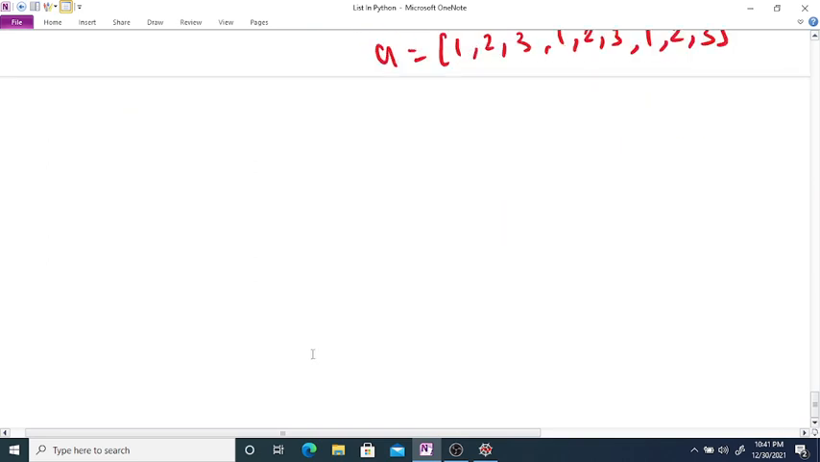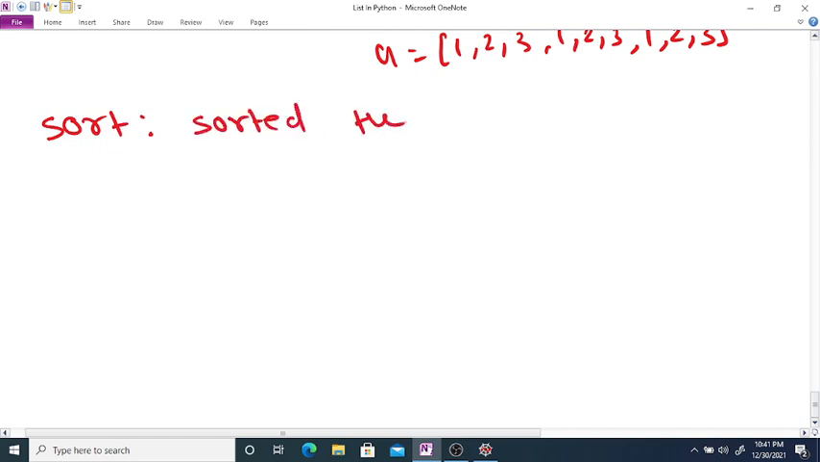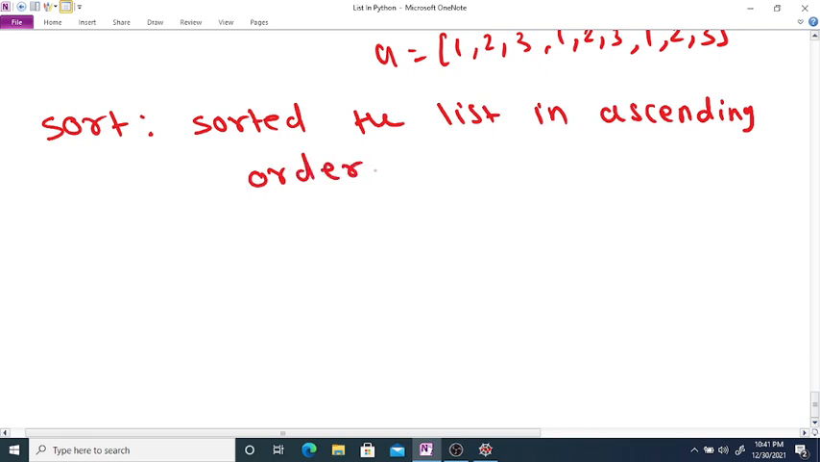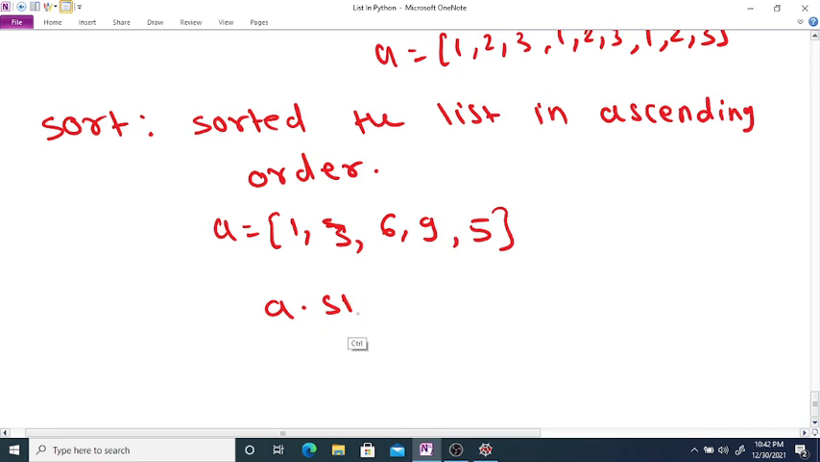Now the next keyword is sort. It sorts the list in ascending order. Suppose A is equal to, again it works on homogeneous data elements only, suppose 1, 3, 6, 9, 5, and if you use A dot sort, and then print A,